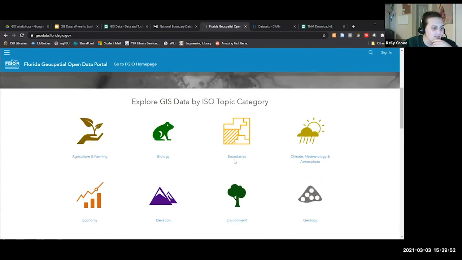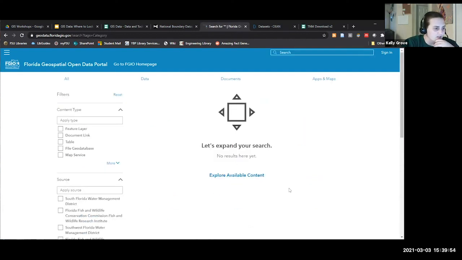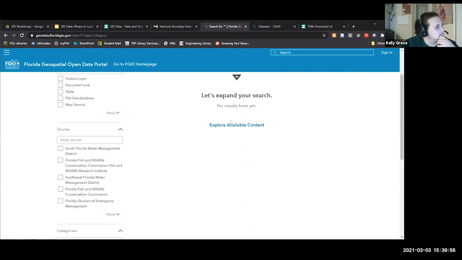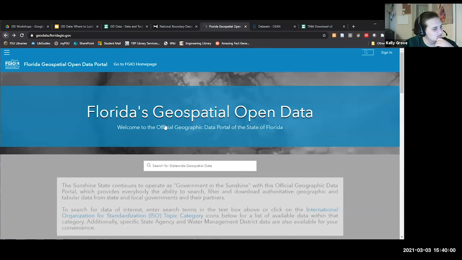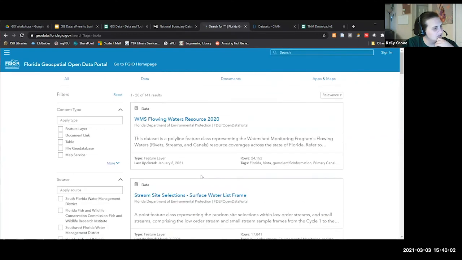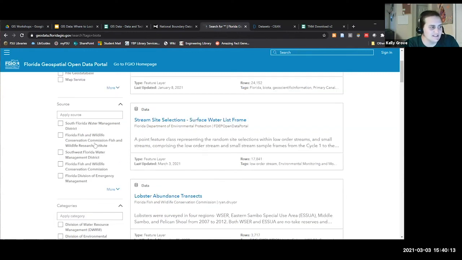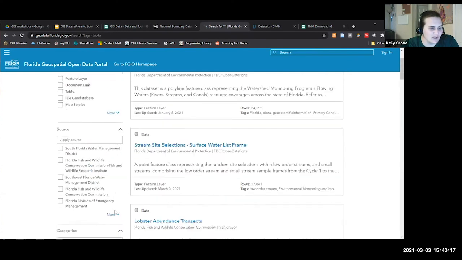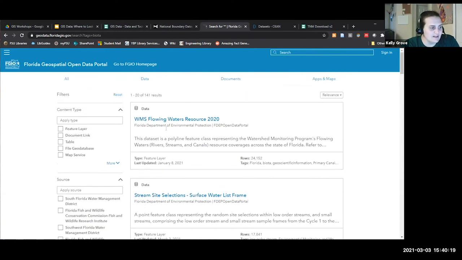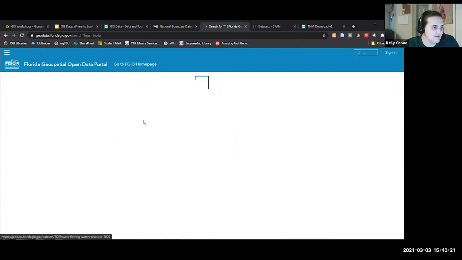So let's just start with environment. Why are you saying there are no results? There we go. Okay. We'll look under biology quick. So the wonderful thing here is, again, you have filters that you can apply. So if you want it to come from a specific source or to fit in a category, you can do that. If I click on this WMS flowing waters,